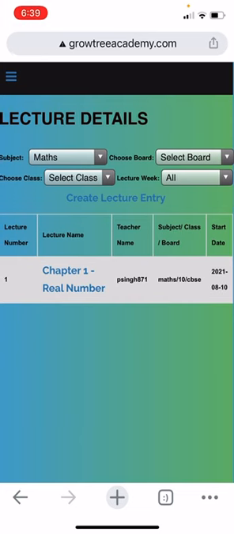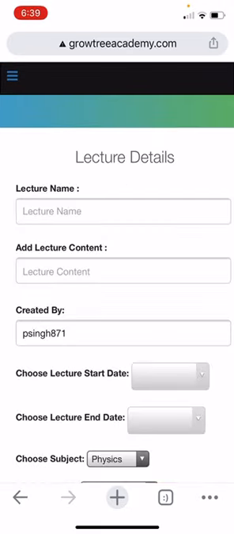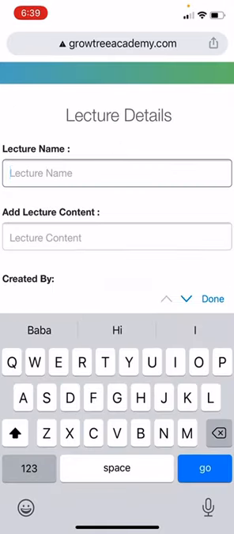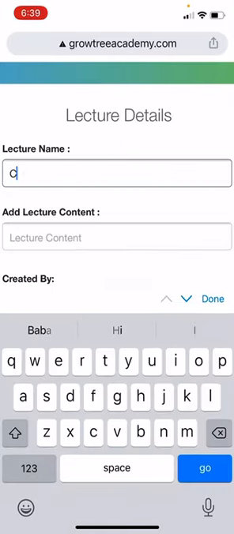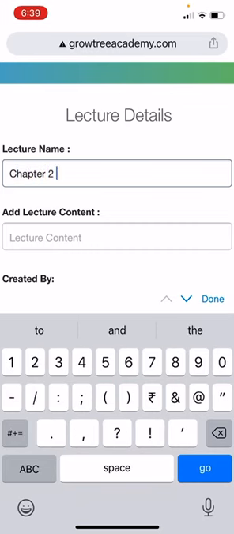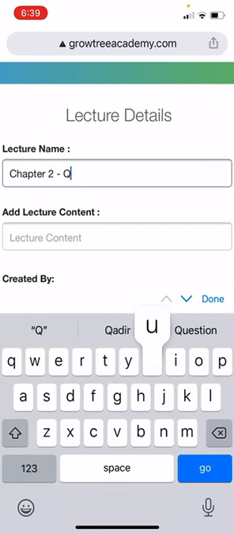Basically you can go and click on create lecture entry for your class for that particular week. So you can say, for example, chapter 2, quadratic equations,